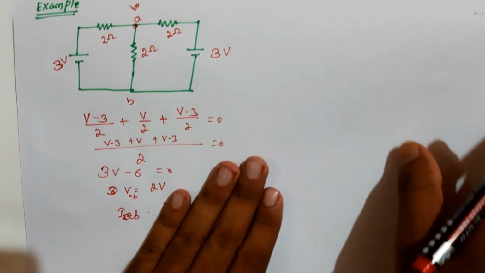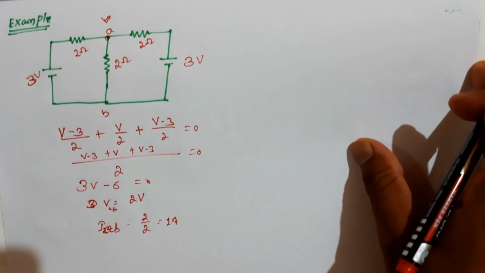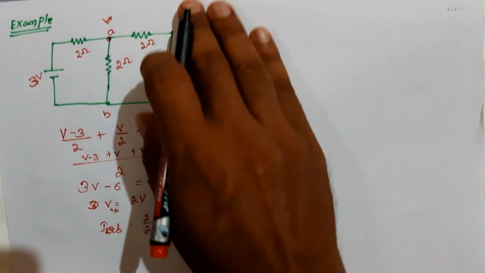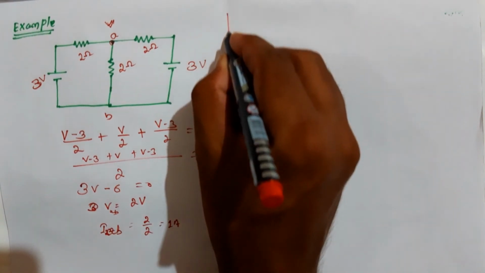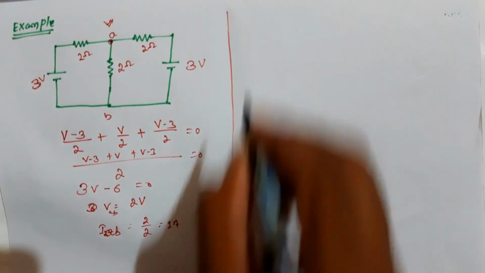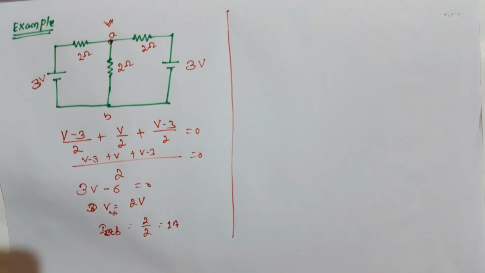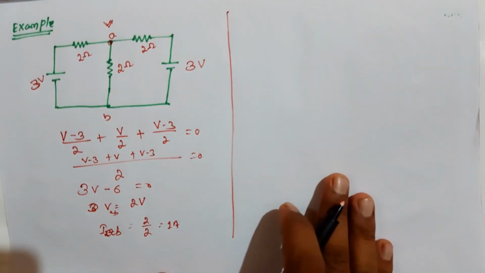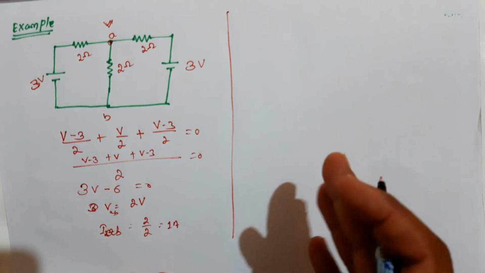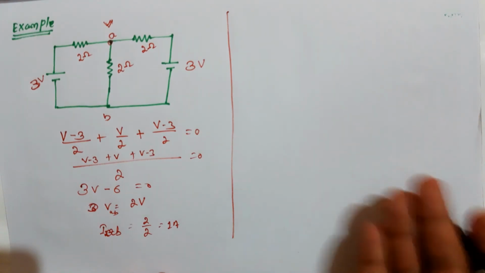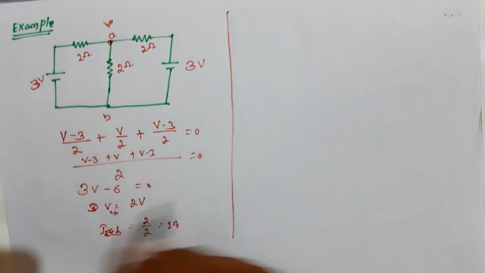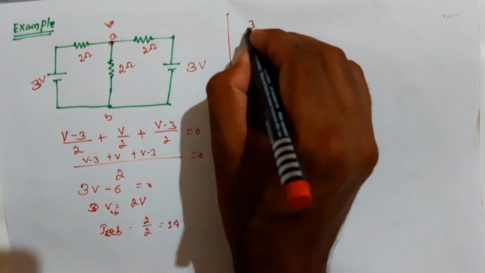Okay, according to the superposition theorem we consider individual sources. Here 2 sources are present, so that we can apply the superposition theorem. Okay, first we act on an individual source, and the other sources are replaced with their internal resistance or impedance. Okay, here first we consider this 3 volt, this first 3 volt.